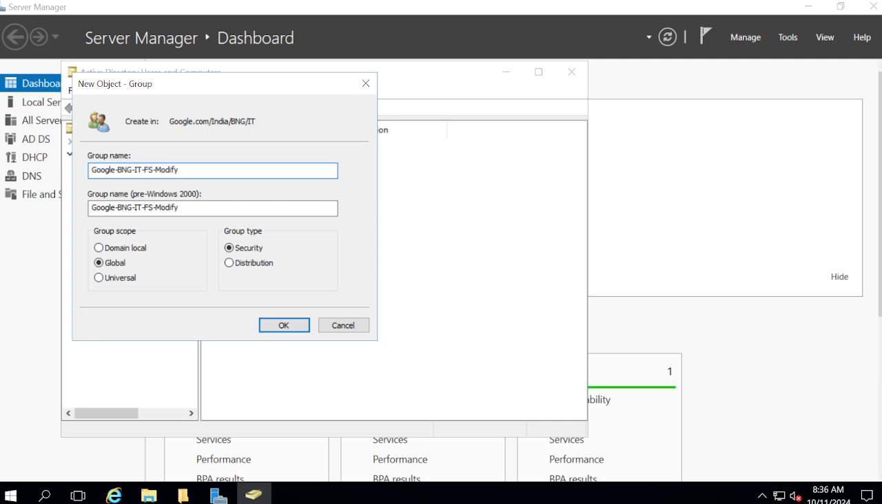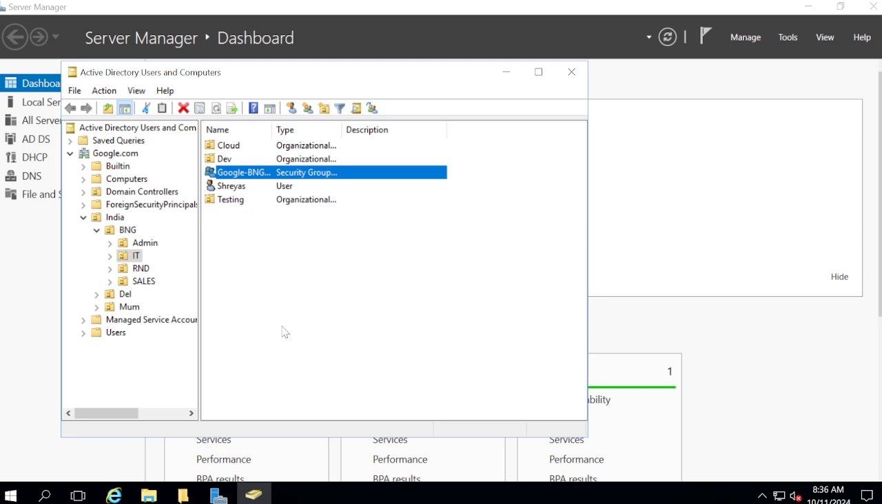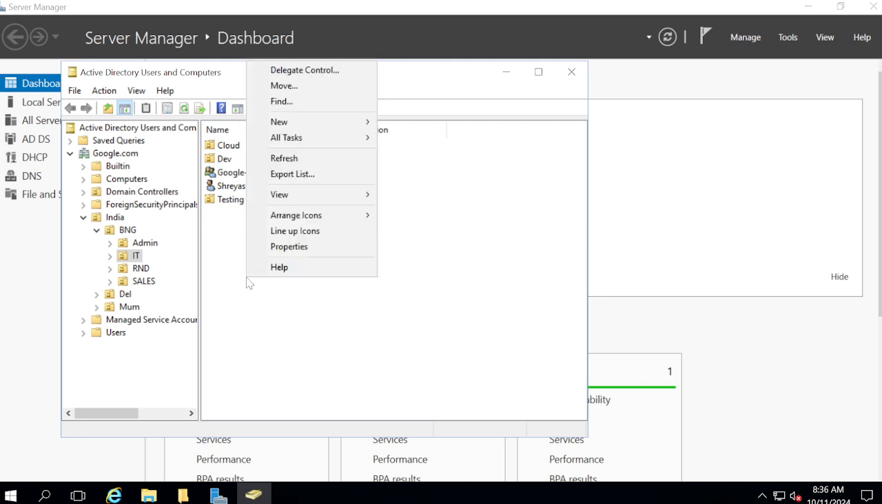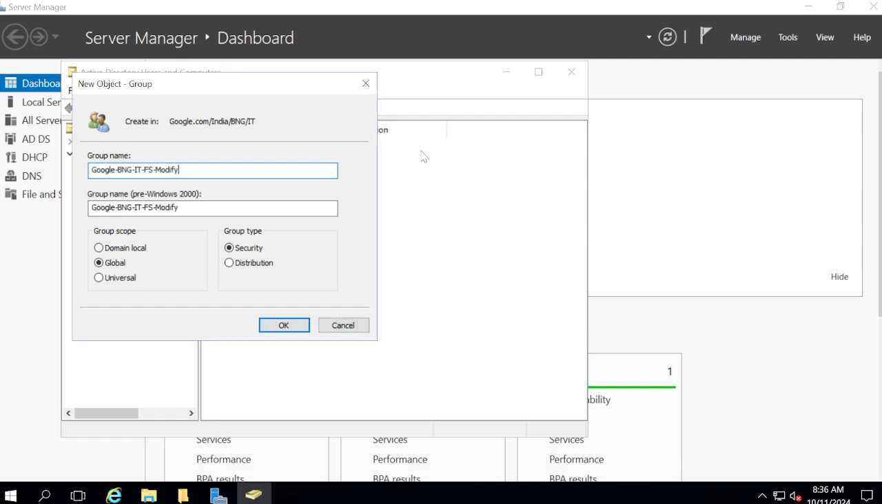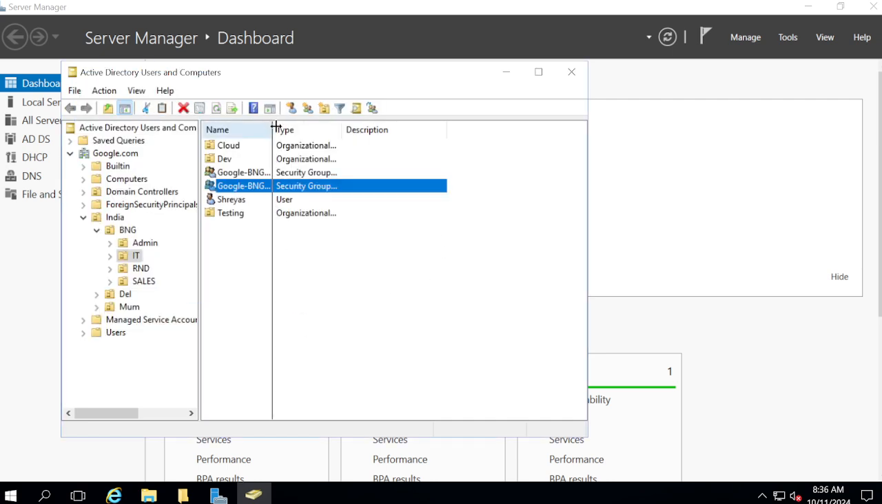Okay, so like this they will create the groups. If you want to give modify access, you add the users here. If you want to create one more group, this is not modify, this is read only. See, like this we will create the groups. And now